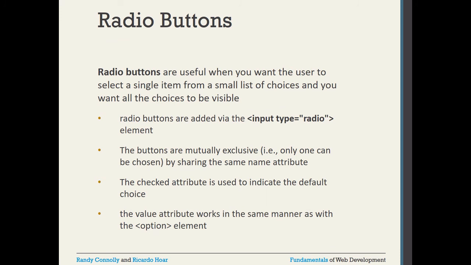Okay. Another thing is called the radio button. So input type equal to radio. Generally radio buttons are useful when you want the user to select a single item from a small list of choices, and you want all the choices to be visible. All choices are there and you want to select only a single choice, then you can go for input type equal to radio. But whenever you want multiple choices, then radio button is not good, then we can go for input type equal to checkbox. So radio is just a kind of circle, and dots are coming there, that is the radio button.